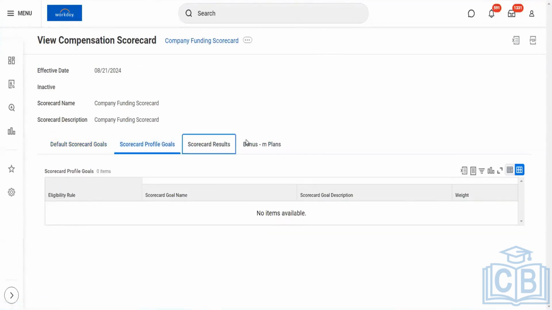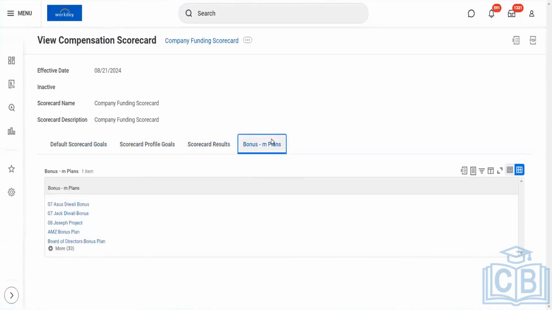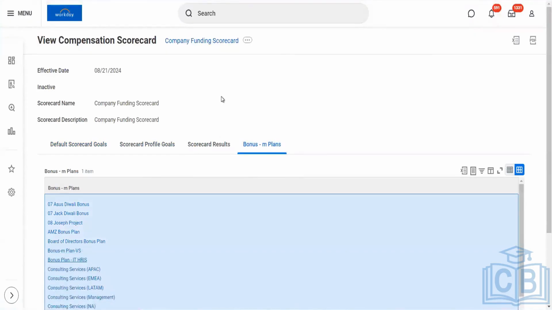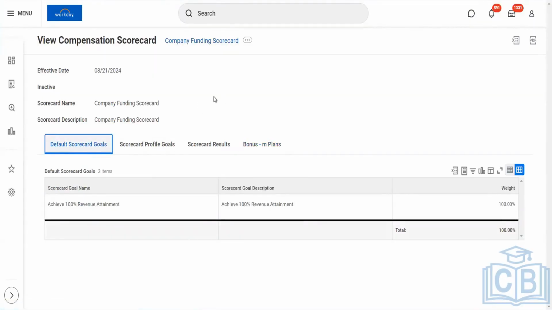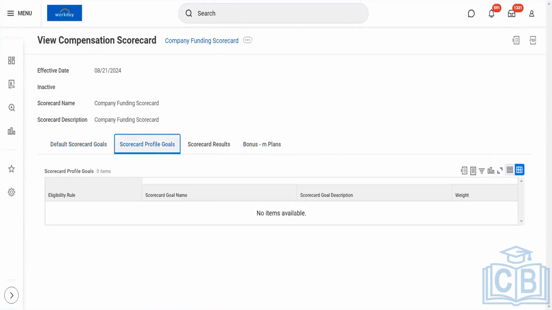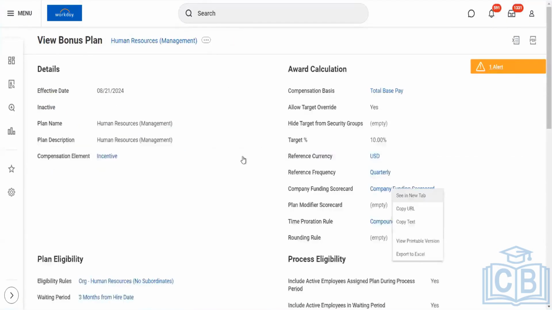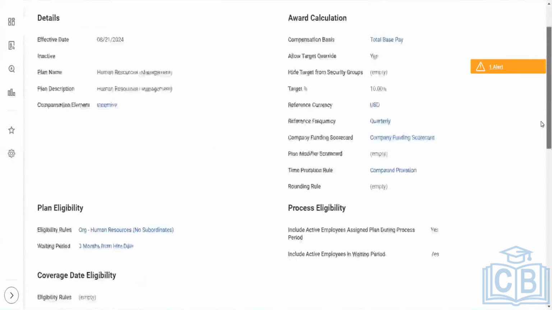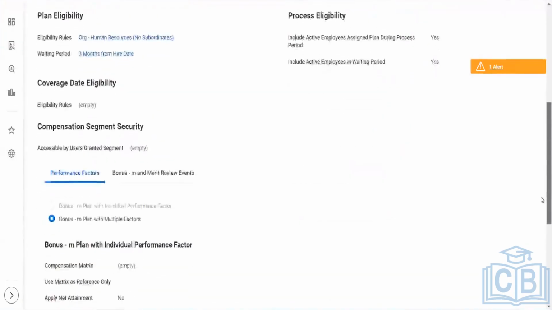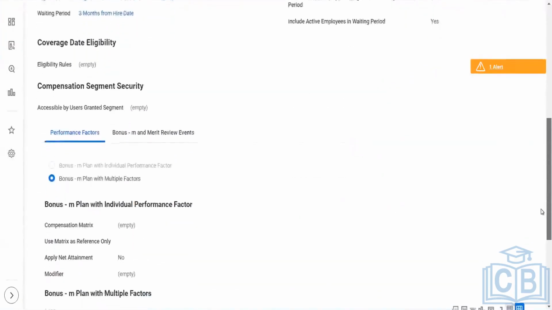Actually, in this I have to review the plans that you are saying. I will do one thing. As of now, I will brief you about the bonus plan, how things work, and what we can do. Apart from that, whenever you get free time, maybe tomorrow, I will create some plans for you. The ones that you are briefing, or else there are many plans that I have in this tenant right now. After that, we will brief you exactly on how all those things that you are describing work.